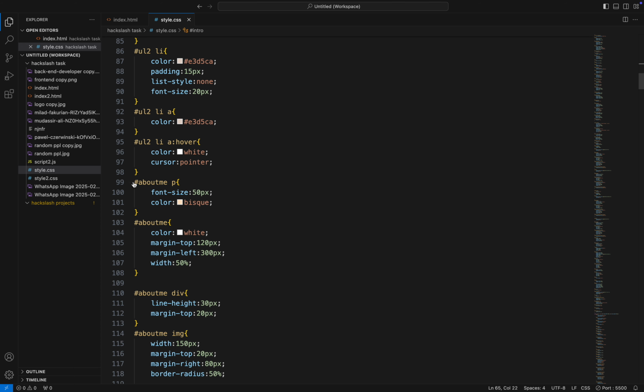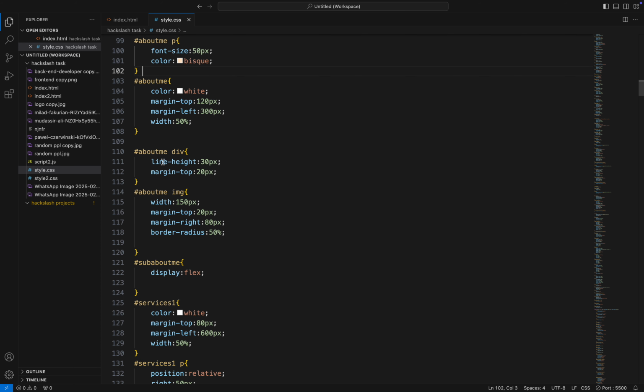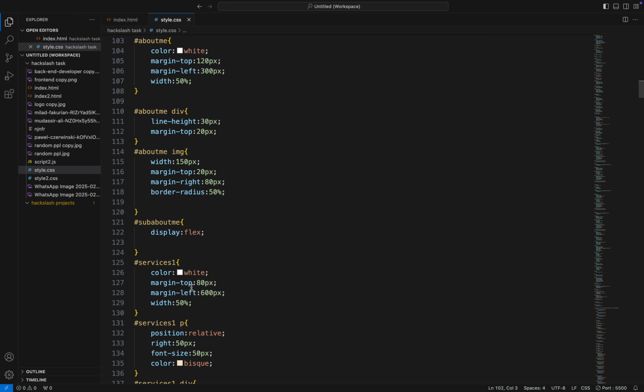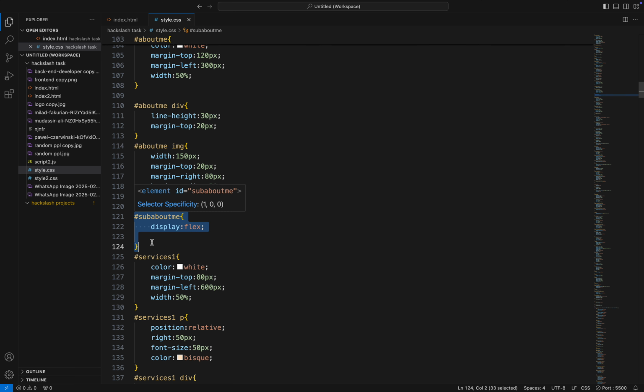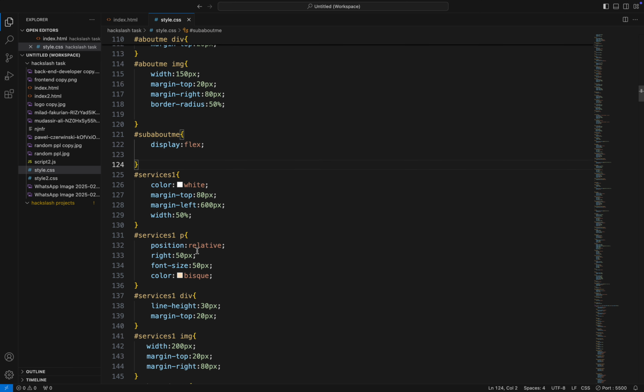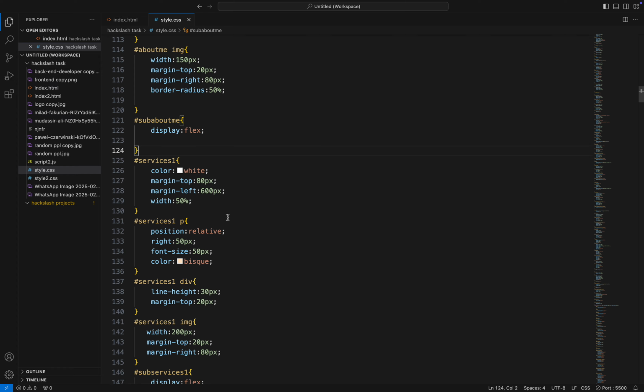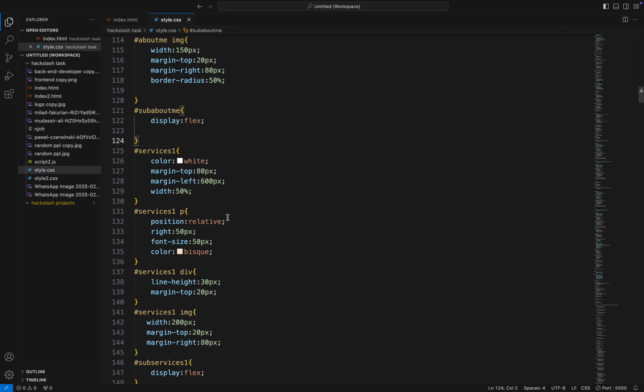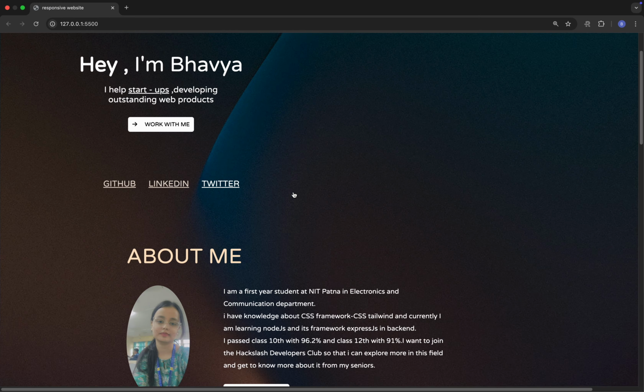Then styling has been given to about me, about me div, then about me image. Sub about me has been given display flex so that everything comes at center, so that everything comes in a single line. Services 1 and services 2 is basically the front end and the back end development, which has a